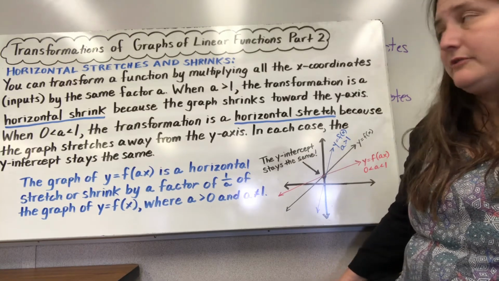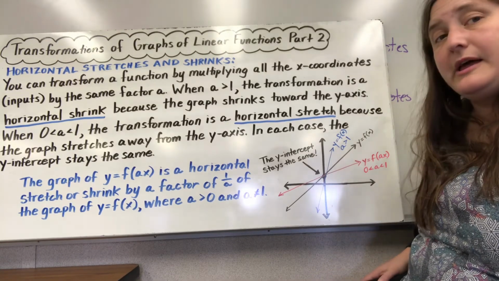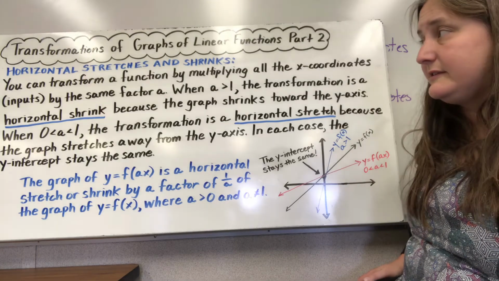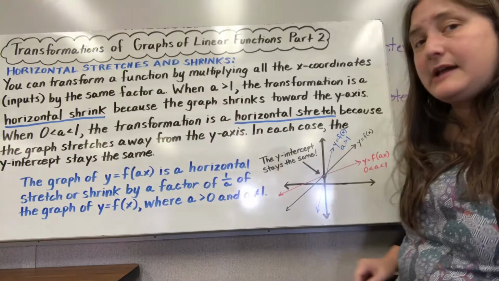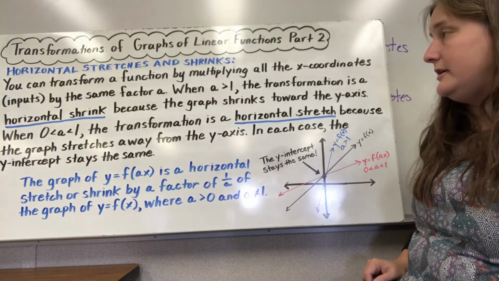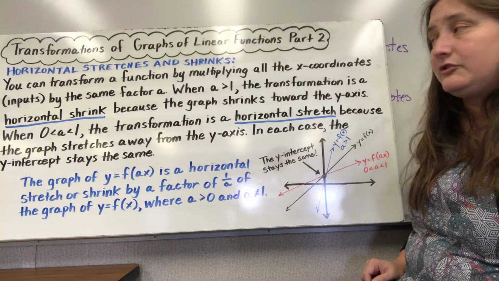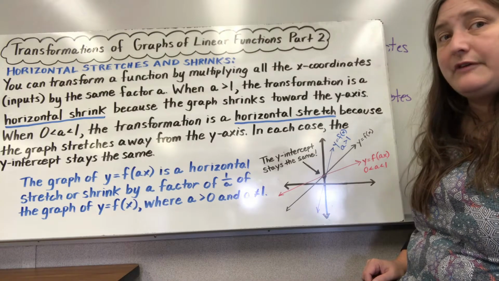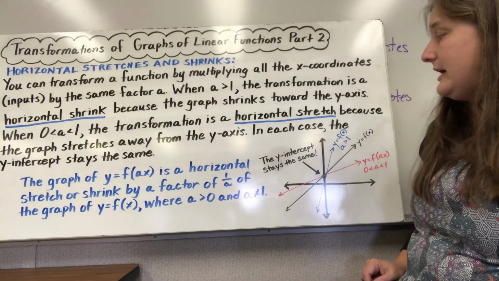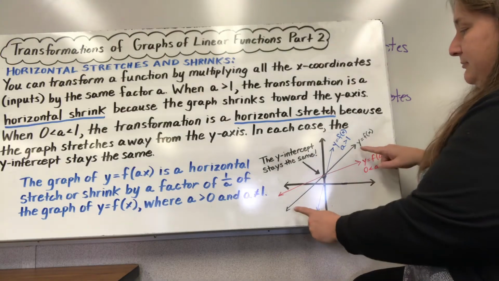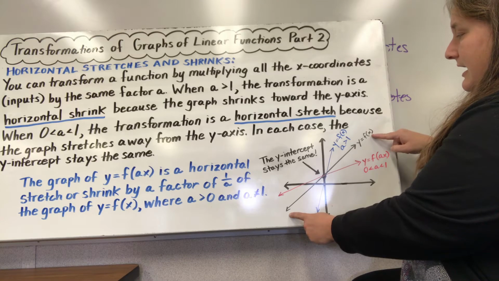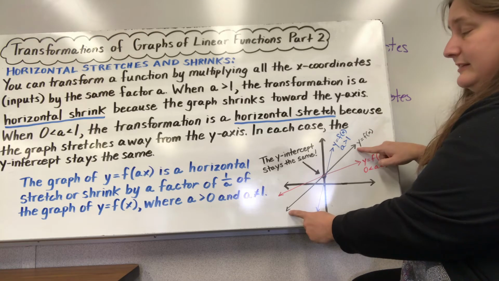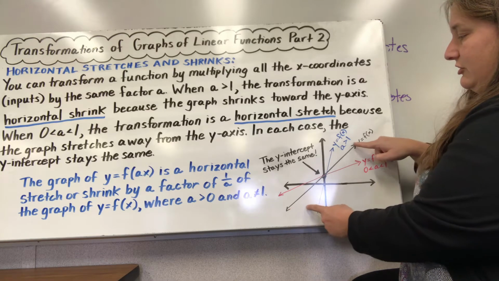So we can take our parent function and transform it by multiplying our x-coordinates, which are our inputs, by the same factor. We're going to call this factor a. So a is a constant. If a is greater than 1, it's going to actually horizontally shrink our graph. The graph will literally shrink towards the y-axis. So if this black line here is our parent function, and we take our inputs and we multiply by a constant that we're going to call a, if a is greater than 1, this guy's actually going to shrink up